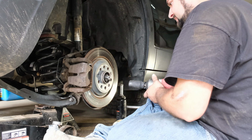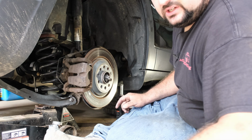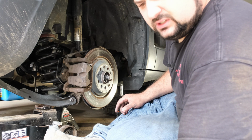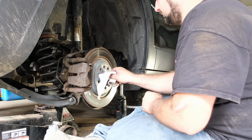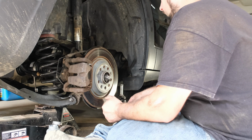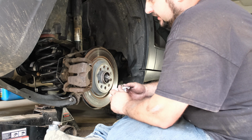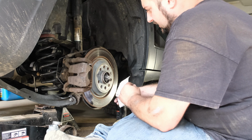There we go. We'll have to torque that down. That's going to be, what did I make that? What is that? 148 foot-pounds is what the book calls for. Well, I think we're at the point where I can put the wheel back on. So let me go. I think what I did last time was I took the brake out of part or